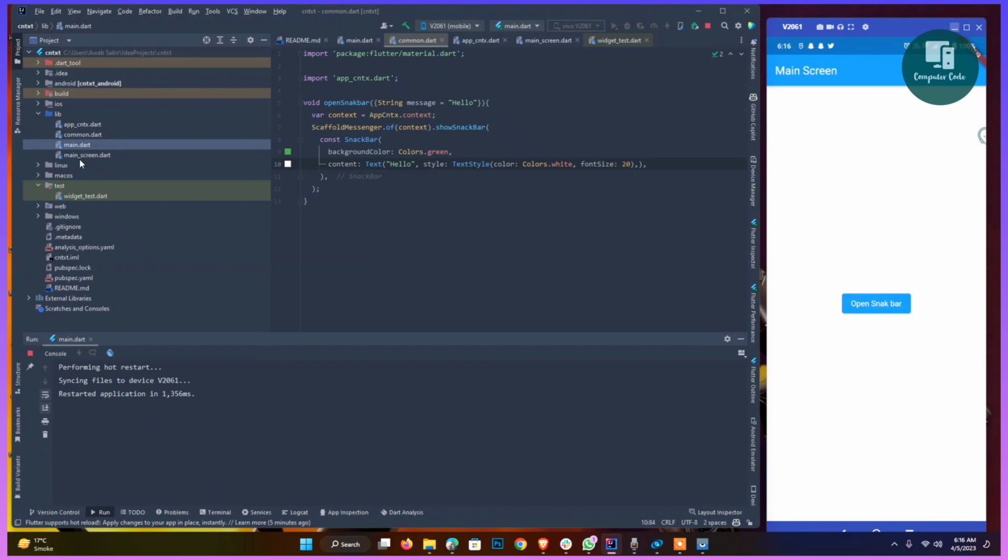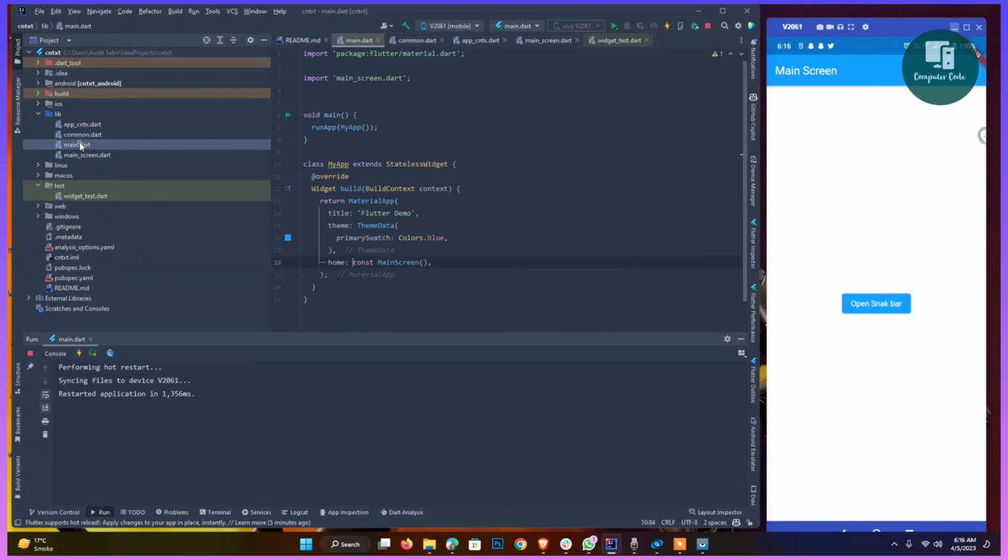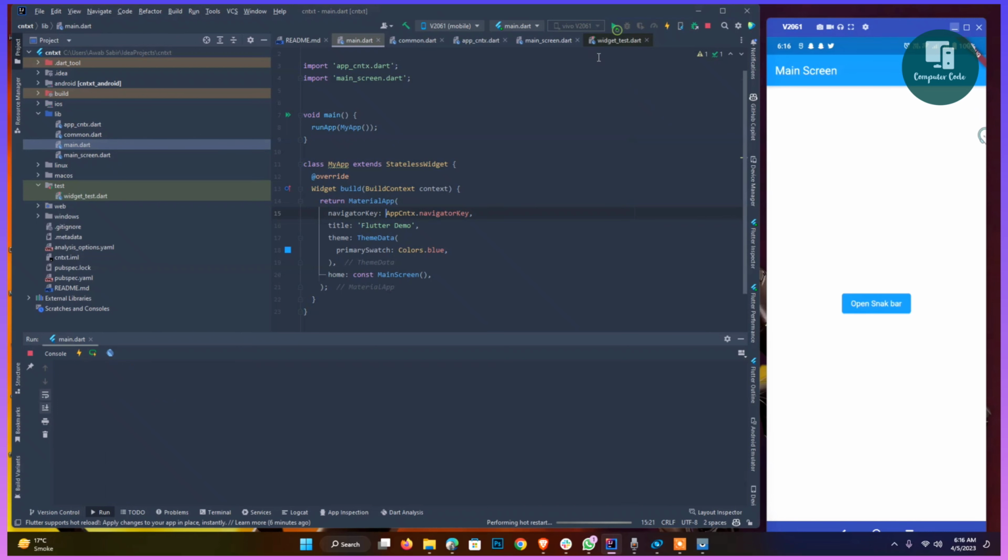Okay, one thing I forgot to display: here we call navigator key and provide the navigator key to it, to access everything. So that is our static function. For that it will access everything automatically. I simply restart, and you will see the snack bar is automatically accepted. And if we want to navigate or call our function like that without using context, because you know